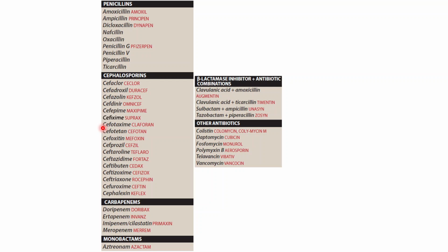So it is usually used for the treatment of MRSA and Streptococcus pneumoniae. It also covers everything that is covered by the previous generations, like Klebsiella and Proteus, but it is not covering Pseudomonas aeruginosa and some extended-spectrum beta-lactamase producing Enterobacteriaceae, and also Acinetobacter baumannii, that is a completely new organism,